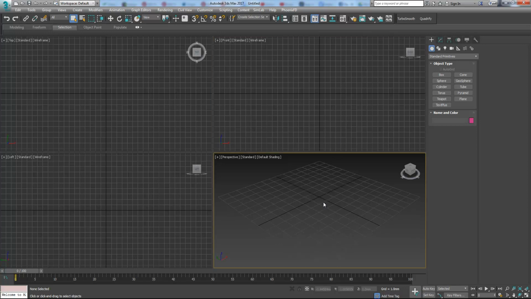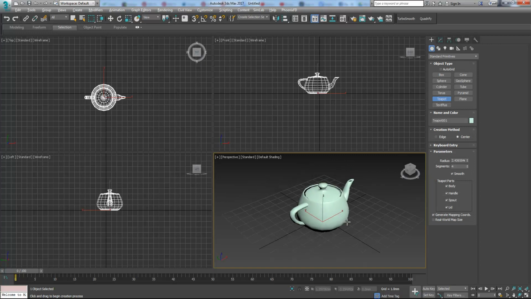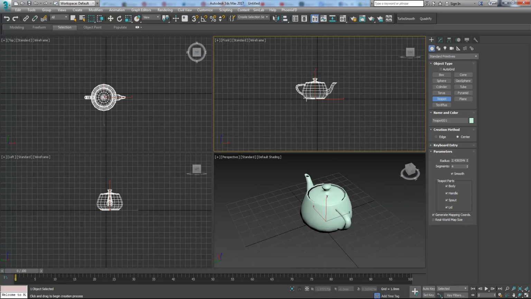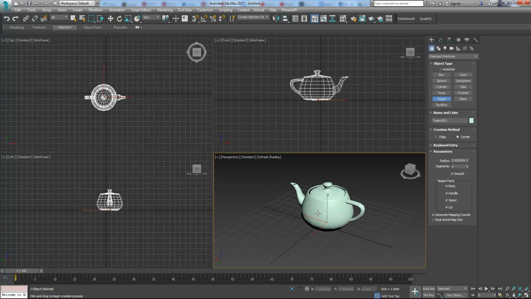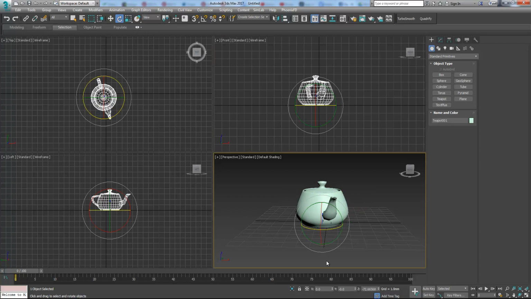So this is the perspective view, in which we can see the objects like we see them in real life. For instance, we can draw the teapot here, and as we see it in real life, we can rotate and watch it from different angles. And this is the front side, and because our teapot is facing left or right, I don't know, we don't see the teapot from the front, but we can rotate it 90 degrees. We just type -90,